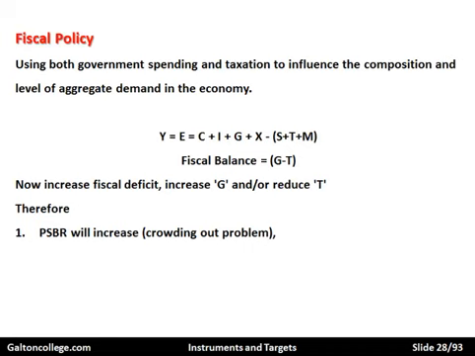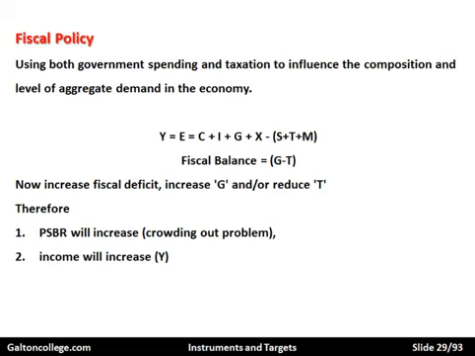So the existing generation may have a good time, but future generations will have higher taxes because they're going to have to pay back the debt. But also, there's an issue here. If the government increases its expenditure, this could, what's known as, crowd out private sector investment. The government is taking resources, it's borrowing the resources of the banks, which would have been lent to the private sector. So G is increased, but I could fall. So aggregate expenditure may not move that much. That's known as the crowding out effect.